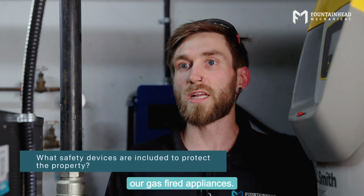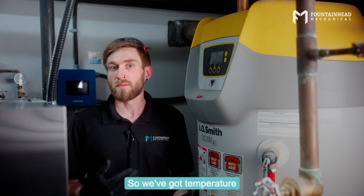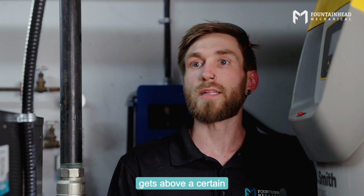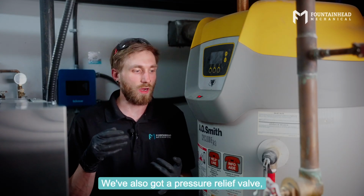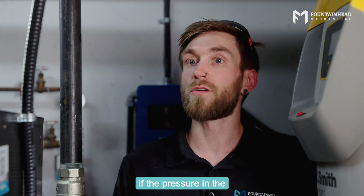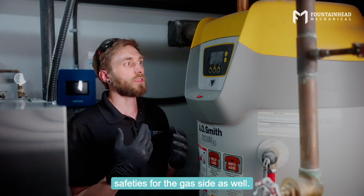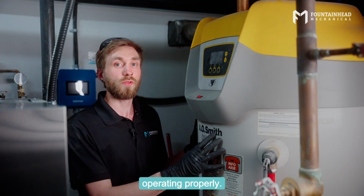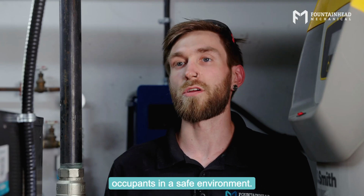So the same with all of our gas-fired appliances, it does have a lot of safeties on it. So we've got temperature and pressure relief valves. That way, if the temperature in the hot water tank gets above a certain temperature, it will actually drain out. We've also got a pressure relief valve. That way, if the pressure in the hot water tank increases, it will also relieve that pressure. And then we've got safeties for the gas side as well. So we've got gas valves, we've got pressure switches, everything to make sure that this is operating properly. And if it's not, it goes into a failed state to keep the building and all of its occupants in